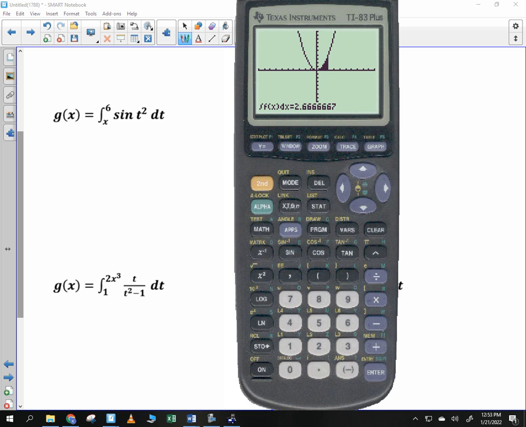What if we did this? What if we did second calculate, and we chose number 7, and we said the lower limit was 2, and the upper limit was 0. What if we switched them? Negative. It turns out when you integrate to the right, you get one answer. When you integrate to the left, you get the opposite. So here's what we can do. It's very simple. This is the same thing as